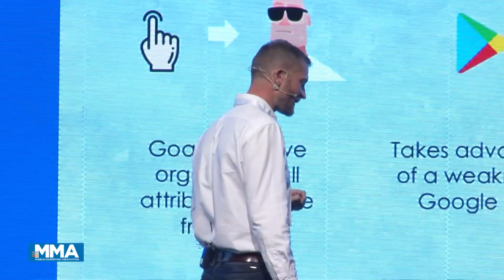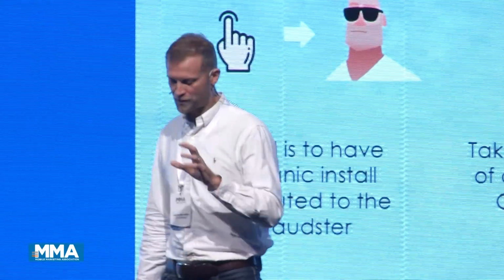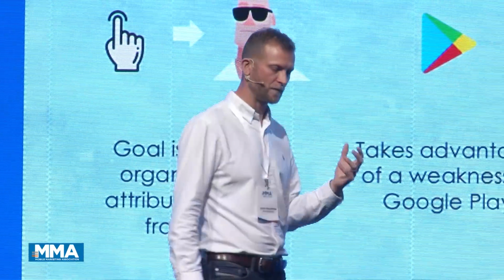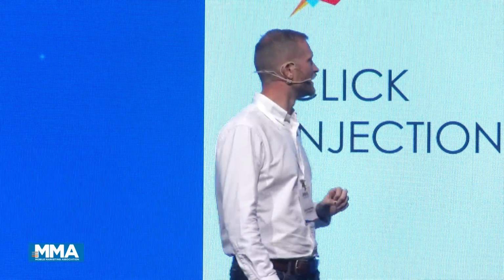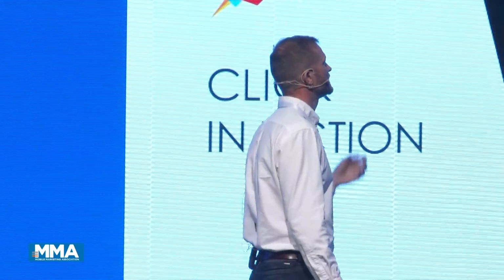Thirdly, within the attribution, click injection. Whilst the previous version was to steal an organic download but only works on the big apps, concerningly for us, click injection is to steal an organic download for any sized app, as long as they're running paid media. It only works on Android, and what the bad actor is doing through their malware is listening for what I consider a security weakness in Google Play. Google Play makes a broadcast when an app, any app, when the installation is initiated, which gives the bad actor an opportunity, because the malware is configured to listen to Google Play. It's listening to hear when an app install has initiated, giving Mr. Chai the time and opportunity to send a click to the attribution company, which, of course, when it's installed,